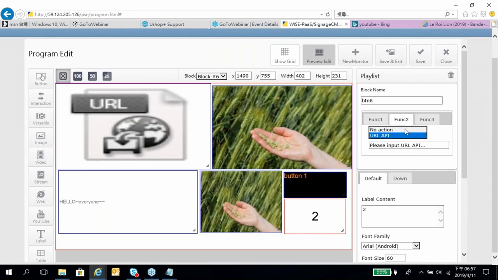It's kind of advanced, but if there's a chance you can try it, but there's nothing we can try here. Sorry. I just want to let you know it can request additional information or data from another device. Function 3 also,